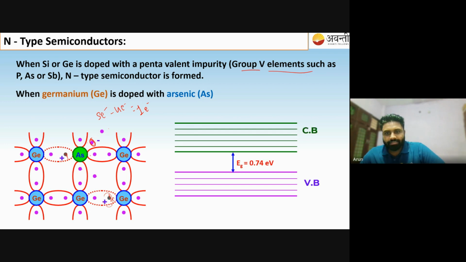You can see it here. These are the valence band. This is the donor level, 0.045. So this electron is already present here. The free electrons, when you provide some thermal energy, will directly jump into the conduction band because the donor level is very near to the energy level of the conduction band. And then the process that we have studied so far.